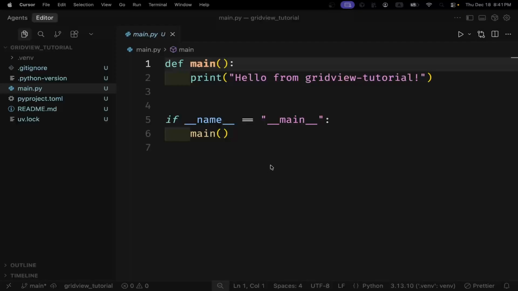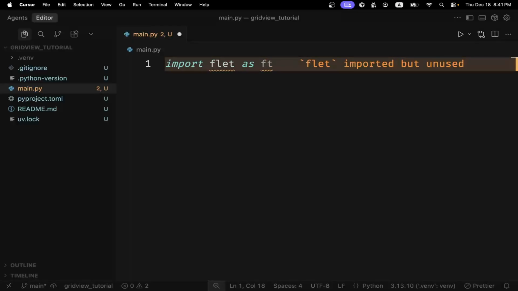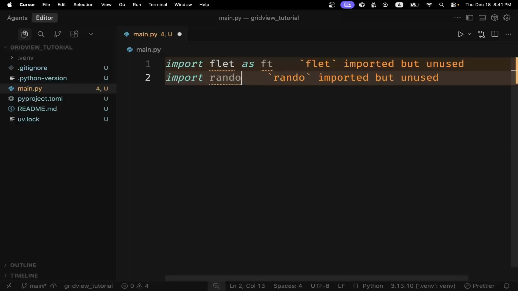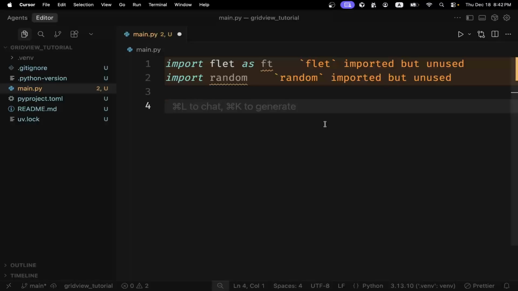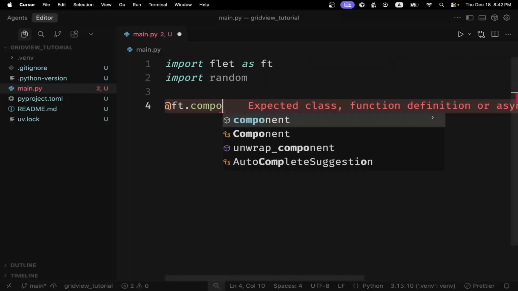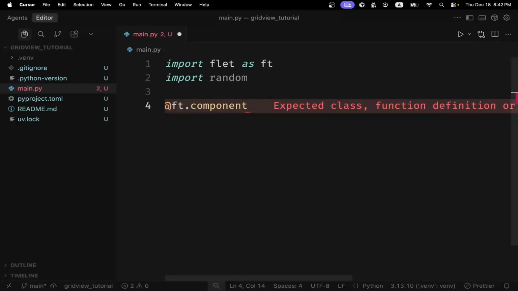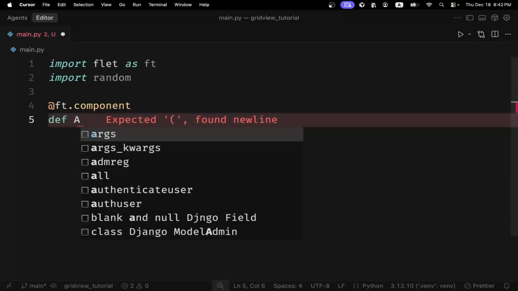Okay, the first one we're going to work with is the colored boxes. So we'll import flet as ft, and I'll also import random. So we'll take a random color and we'll select Python. We'll set up the basic component at ft.component def app,